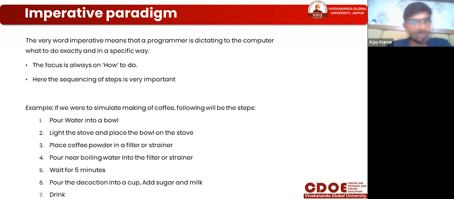So this is the very word imperative. Imperative means that a programmer is dictating to the computer what to do exactly and in a specific way.